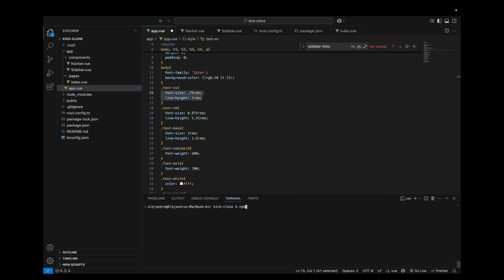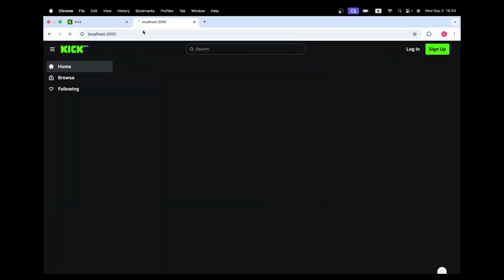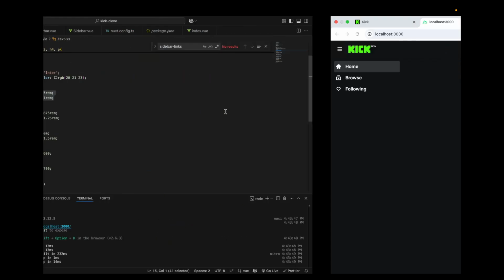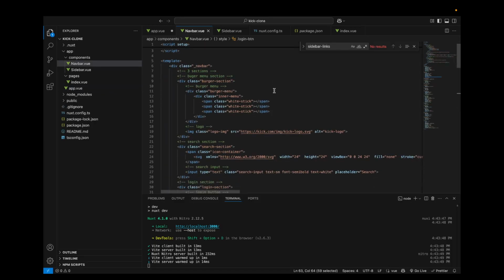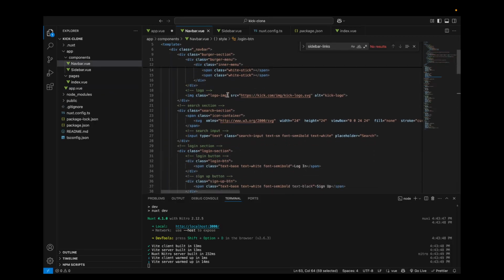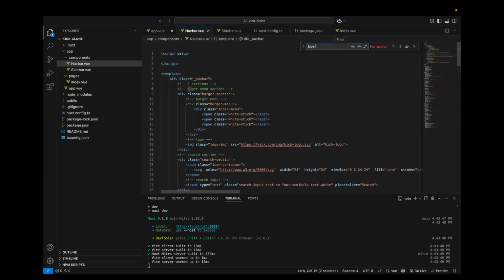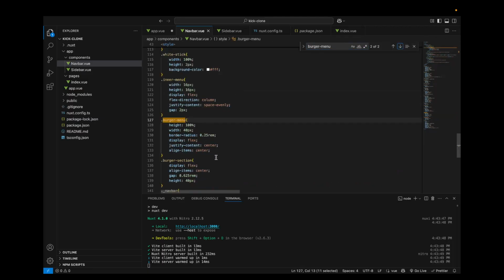Let's start our app again with the command npm run dev. Our app is now running, as you can see. So we want to go to our nav bar, to the burger menu right here. All we want to do is say on hover,